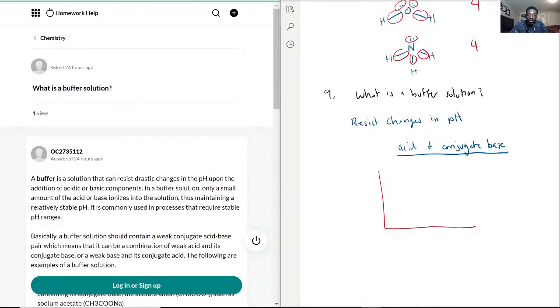Actually, when you're trying to titrate a weak base with a strong acid, or you're trying to titrate a weak acid with a strong base, these curves typically look like that. Okay, so right here, this is where the buffering ends, if you think about it, because here's where the buffering is